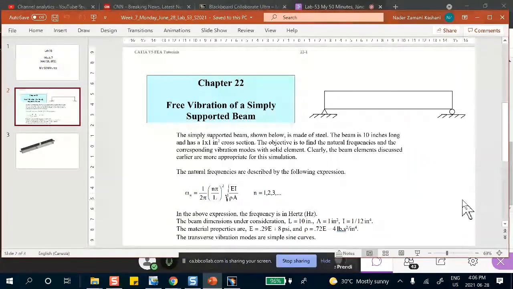But free undamped vibration assumes that there's no damping, and you move this thing and let it go. By the way, it doesn't have to go like that. If you arrange things so that this end is pin and this end is pin, the middle point stays stationary, and you move this side up and this side down, then it will also vibrate, free vibration, but at a different mode.